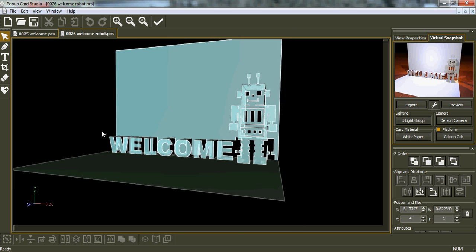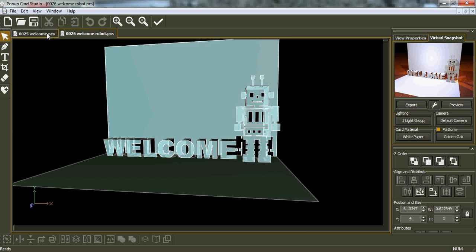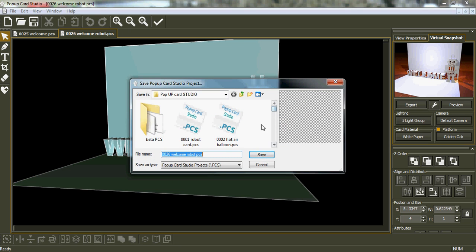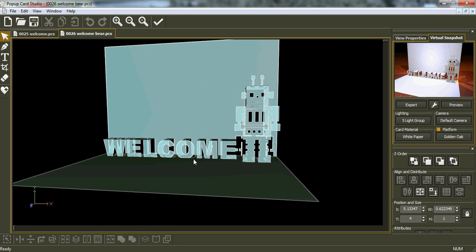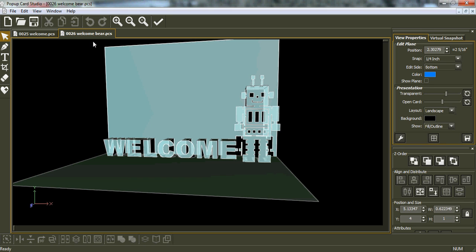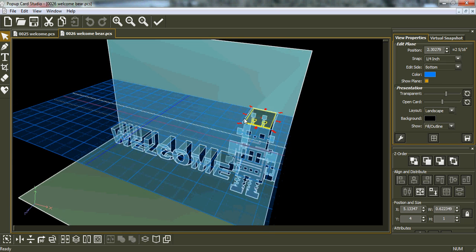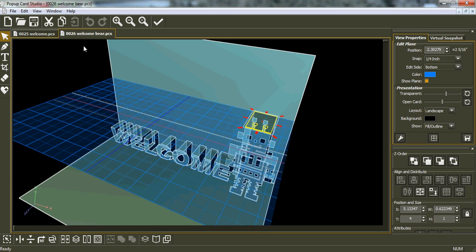Now, the thing is, if we want to go, alright, that one's saved, we're going to save this as. This is just to get more use out of all the hard work you've done putting in the welcome word. We go, bear. We go, enter. Now, because we've called it welcome bear, you can go back here, turn on this, and you're on this one, it's selected. To delete that, you just go like this,